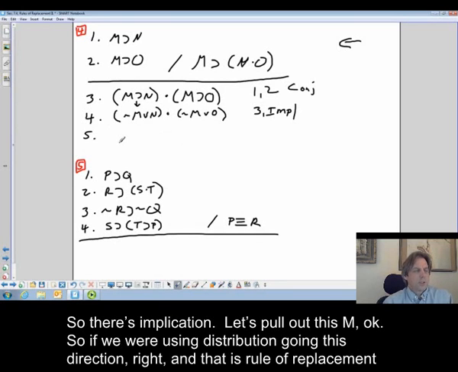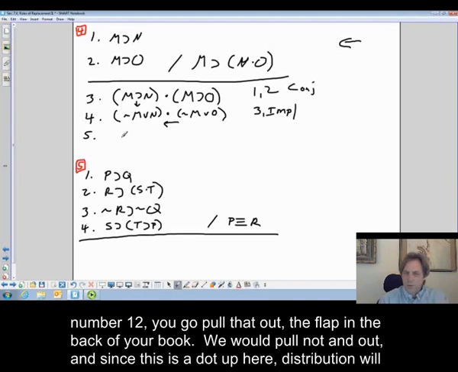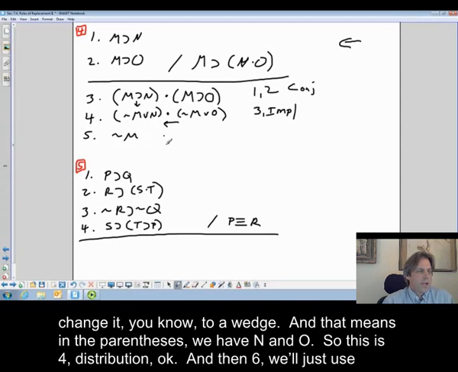So there's implication. Let's pull out this m, okay? So if we were using distribution going this direction, and that is rule of replacement number 12, you pull that out, the flap in the back of your book, we would pull not m out, and since this is a dot up here, distribution will change it to a wedge, and that means in the parentheses we have n and o. So this is 4